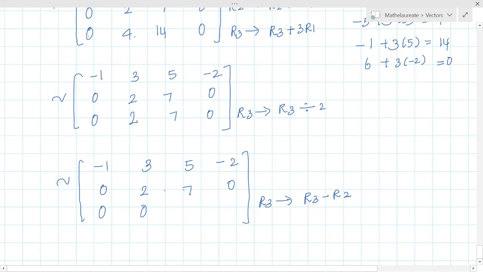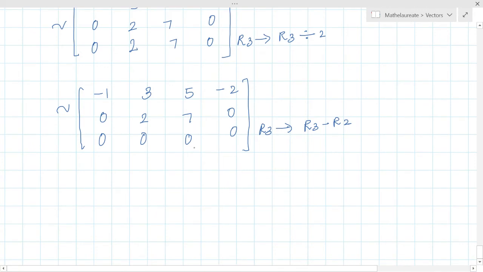We made it. Okay, in that process, the next term is also getting 0. 7 minus 7 is 0. 0 minus 0 also 0. Right? You saw in the first video, I explained this H. This is the H position and this is the J position. Right? Both are getting 0,